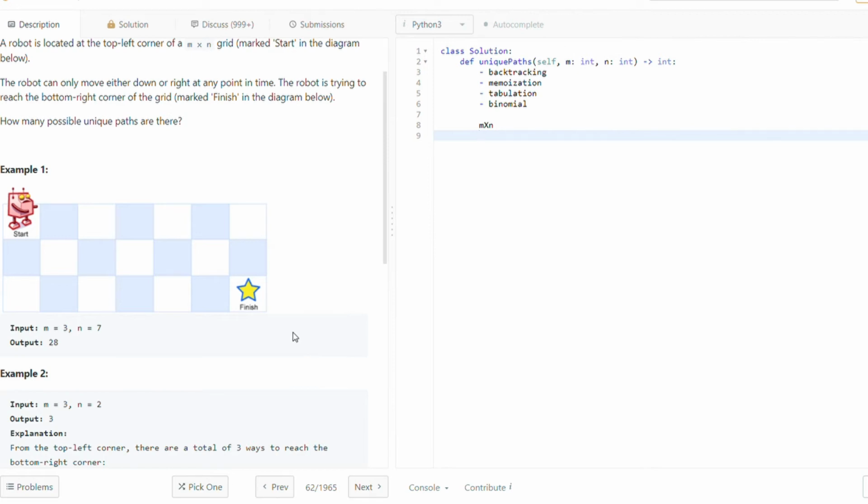If I consider m as your rightward points and n as your downward points, then you have m minus 1 plus n minus 1 total points that you are going to be traversing. And you can take their combination with m minus 1 or n minus 1 points, and that will lead you to the total number of unique paths.